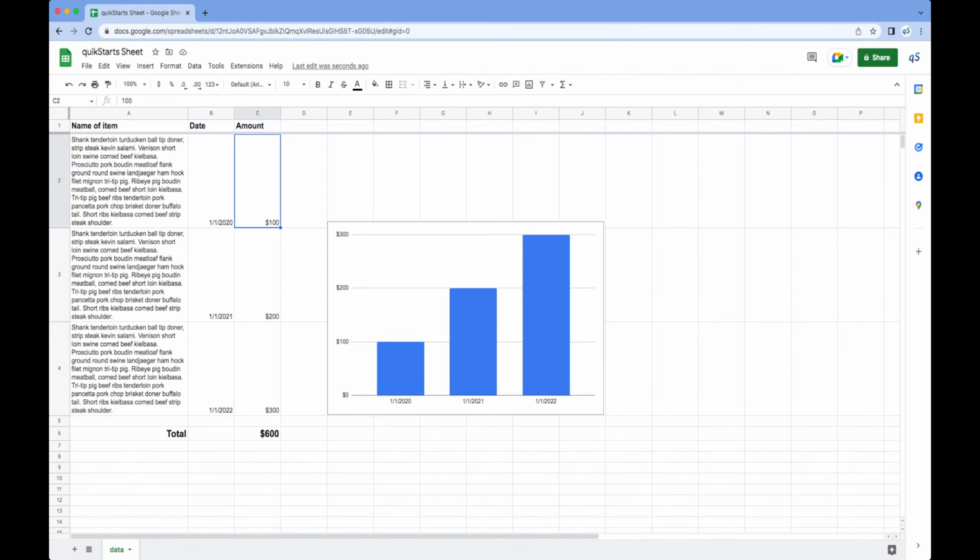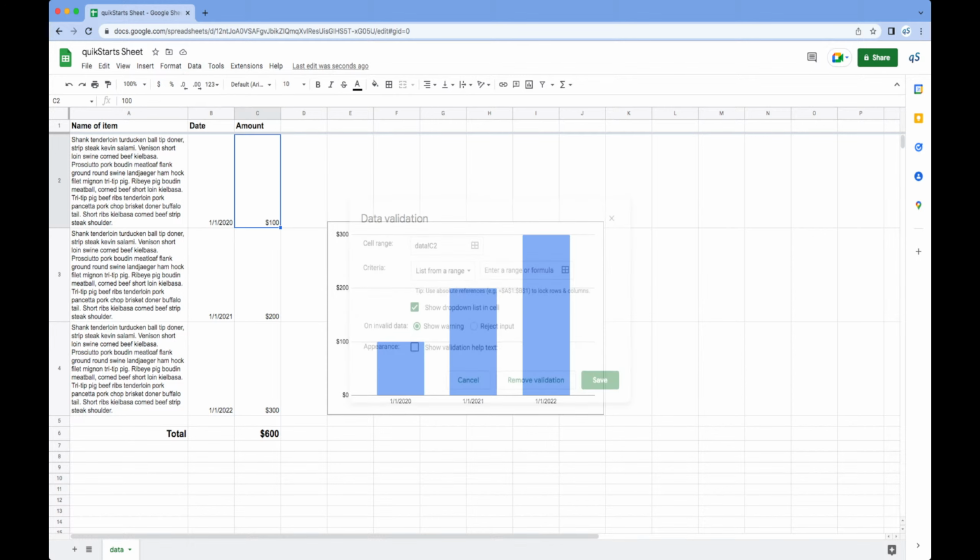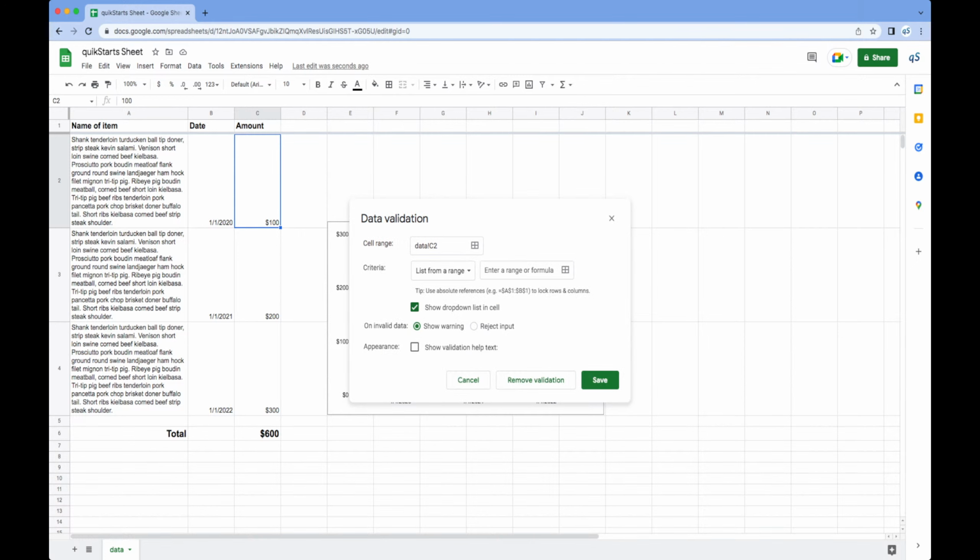So we select cell C2. We come up to the data option on the primary menu bar, and then we want to come down to where it says data validation. Left click on data validation, come over to this criteria row, select this window, and we want to select